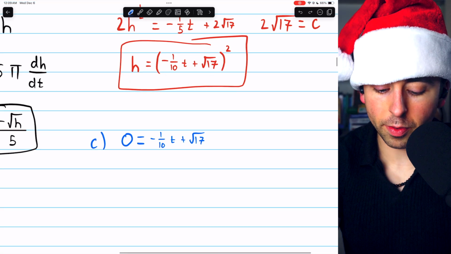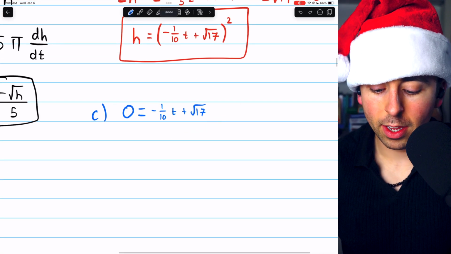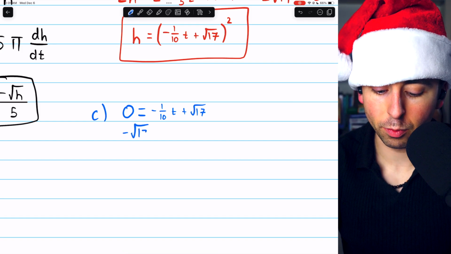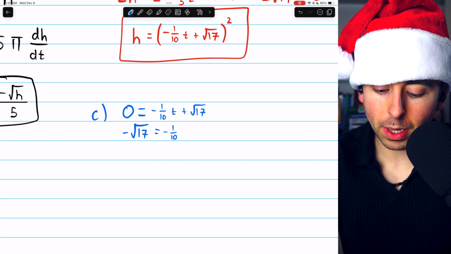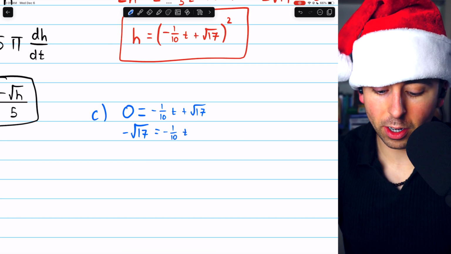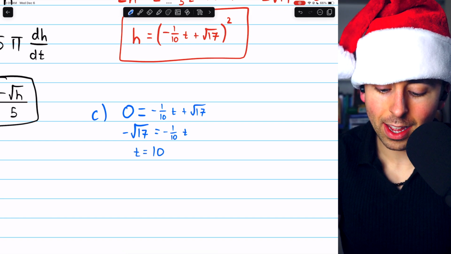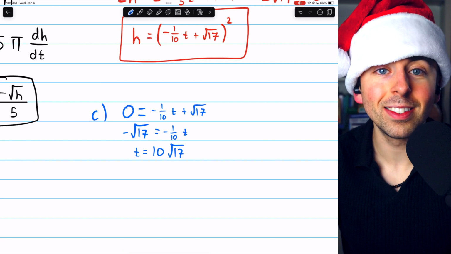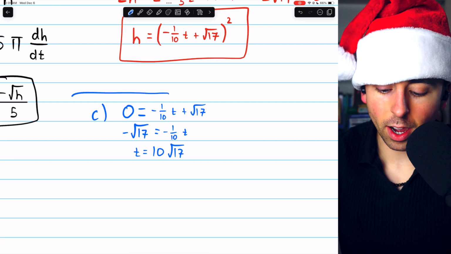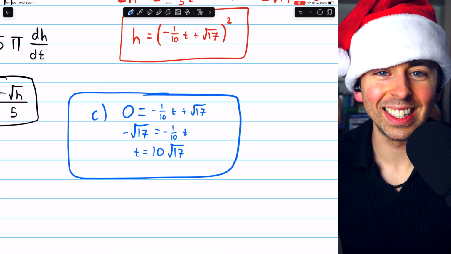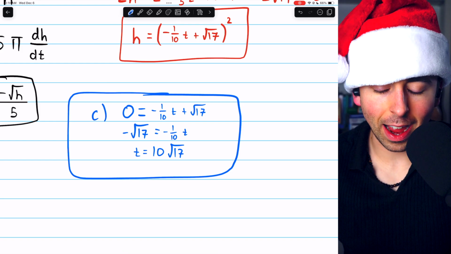And then we just solve this equation for t. So we'll subtract root 17 from both sides. So we have negative root 17 equals negative 1/10 t. And then multiply both sides by negative 10 to finish getting t by itself. Thus, we have that t equals 10 times the square root of 17. And that is when the coffee pot is empty, after about 10 times the square root of 17 seconds. And that completes our solution